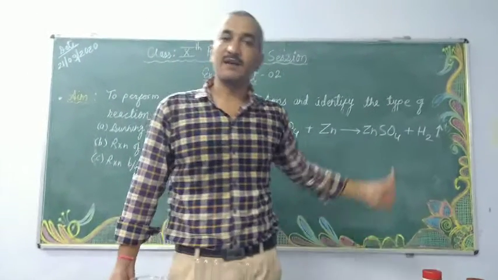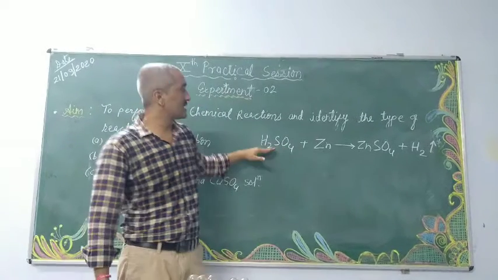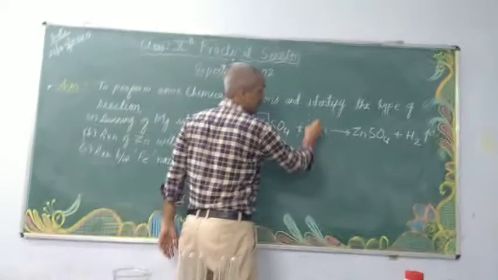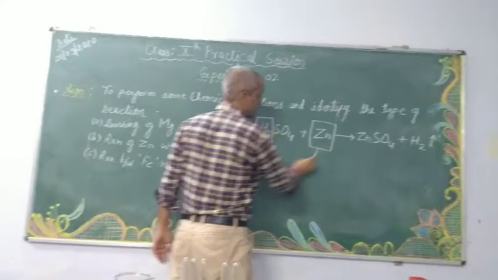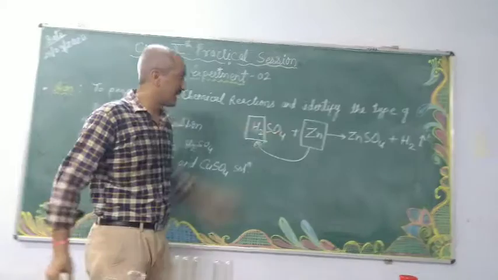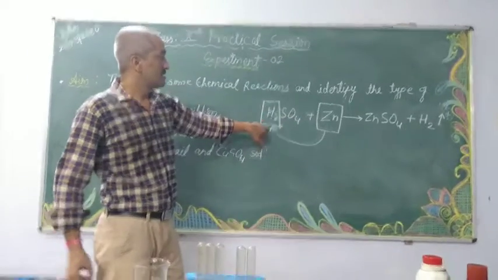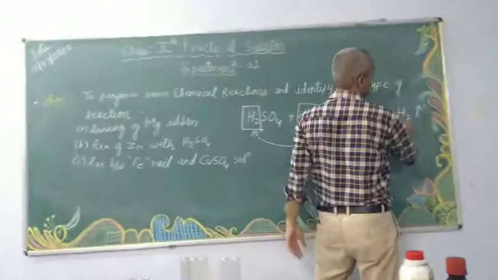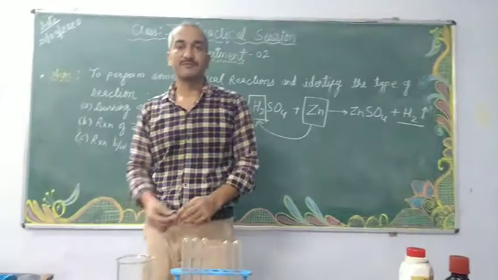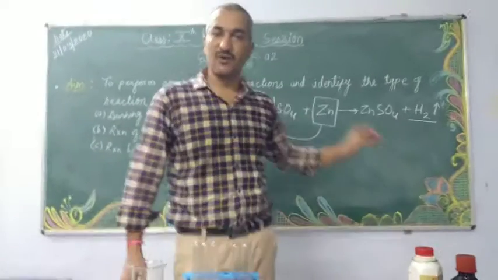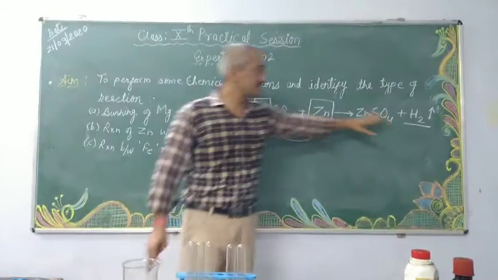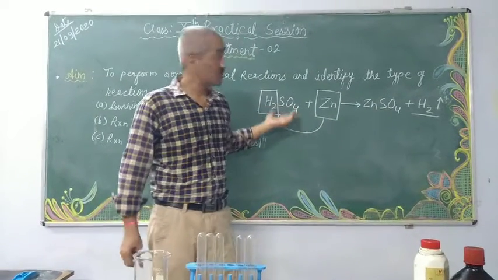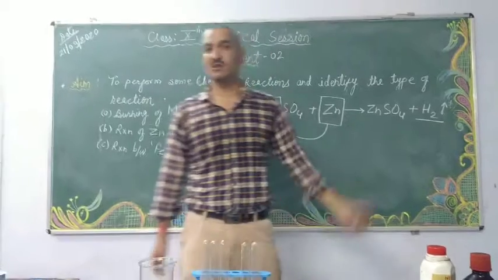So you see what kind of reaction is this? This is also a displacement reaction. You see this hydrogen is displaced by this zinc, and zinc has taken the place of hydrogen, and it removes hydrogen from the acid, and this free hydrogen is evolved during the reaction. Got it? So some gas is evolved. That means a new substance has been formed. Earlier the substance was not free. So this is also a chemical change, not a physical change.